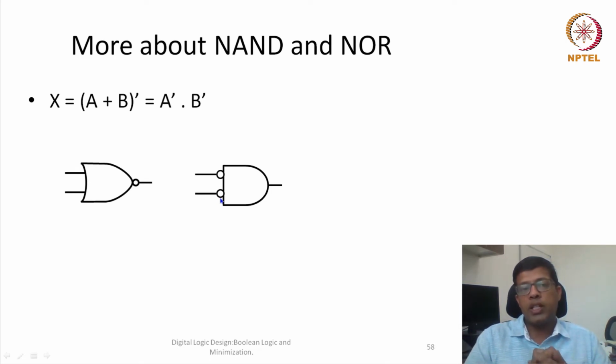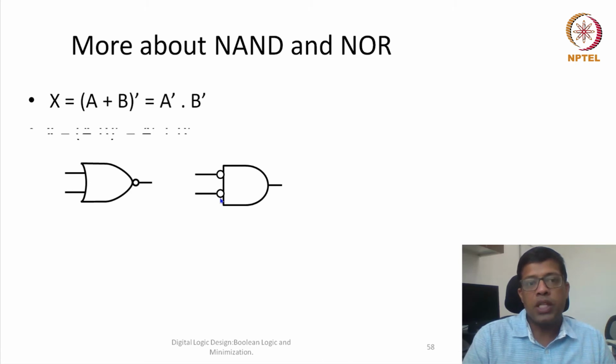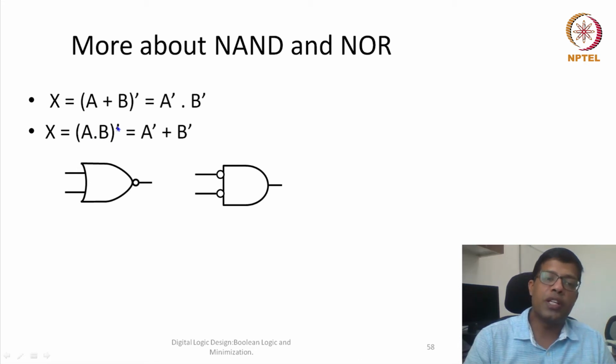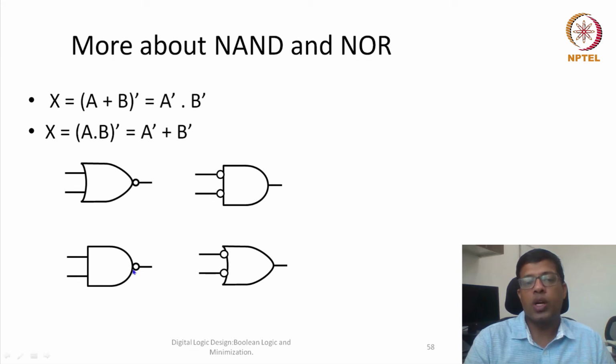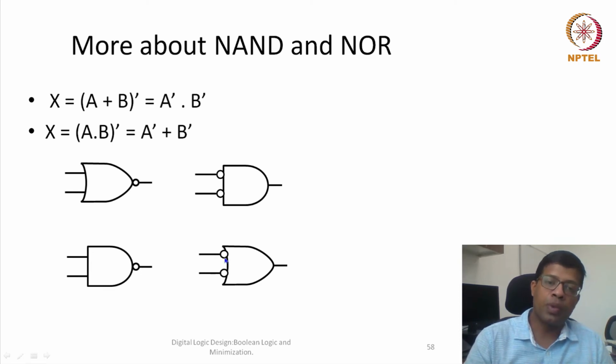So this way, this NAND gate, NOR gate is now related to my AND gate with my input inverted. Similarly, if I see a NAND gate, in a NAND gate A dot B, the output is inverted. Now if I apply De Morgan's law, it becomes A dash plus B dash. So symbolically these two are equivalent, so that means a NAND gate is equivalent to an OR gate with the inverted input.